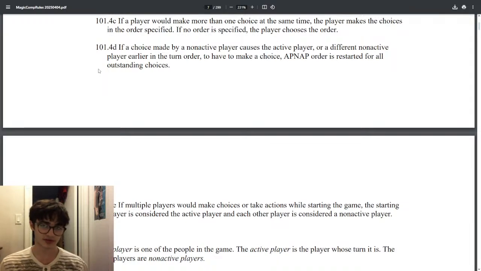So person 4 chooses friend, and now every player has to choose good or bad for them. We're going to restart. All right, APNAP order is restarted for all outstanding choices. Now, of course, it says that then each player chooses good or bad. So we'll go all around. We'll say friend or foe, and then we'll restart APNAP order to say good or bad.